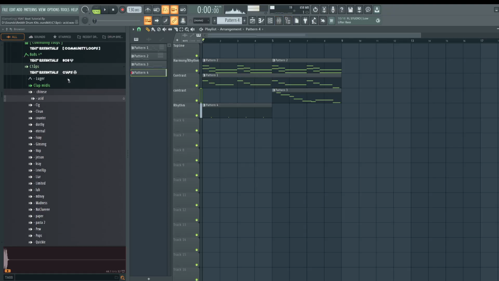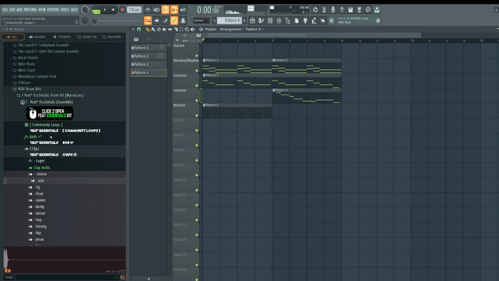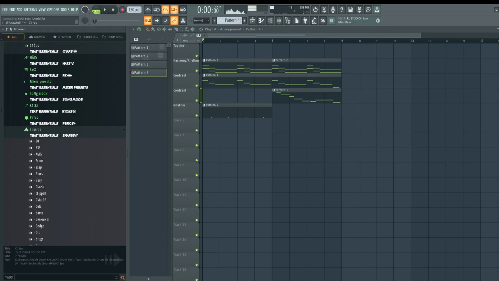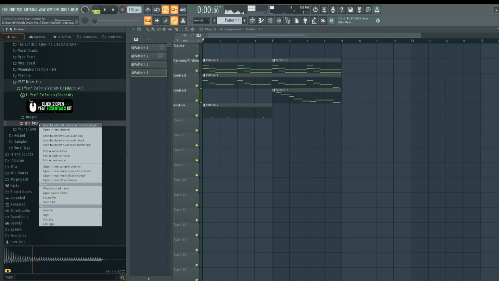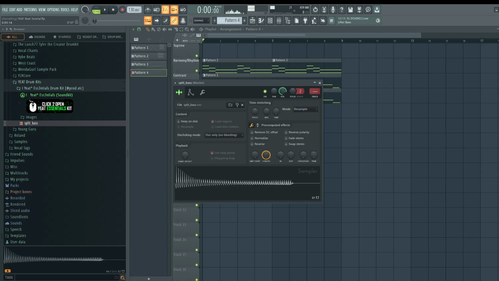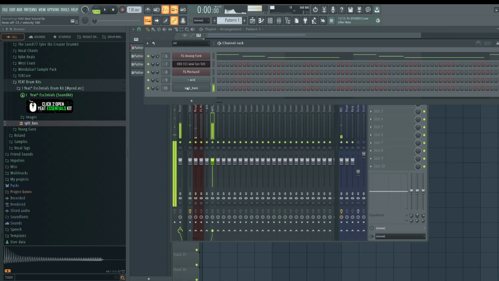There's one bass I forgot to add in here, and it just dawned on me just now. There's a bass from somebody who sent it to me, and I forget exactly who, but thank you to our Discord community. They sent me the bass, so you guys will get this in the project files. It's called Split Bass. We need to figure out where to add this in, because we need to create what's called a cut group, so that when this sound plays, it cuts off the other bass. Let's figure out where it even fits in.